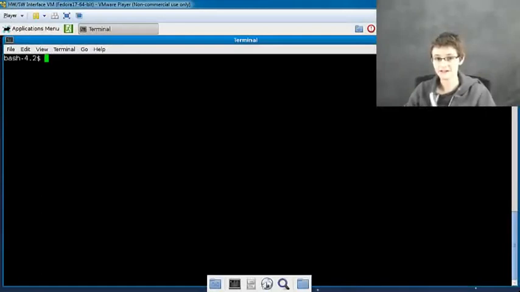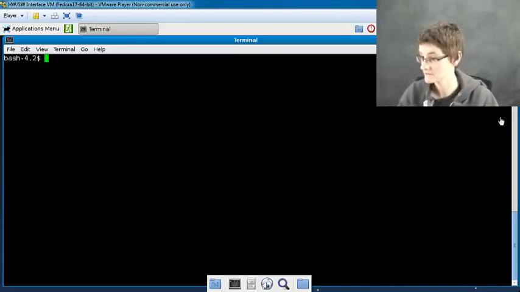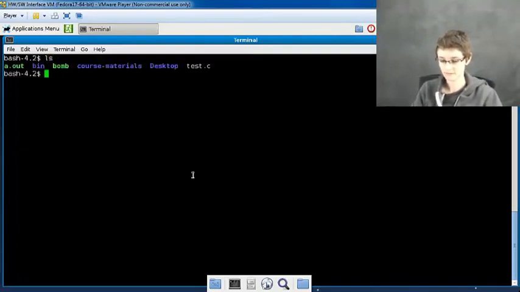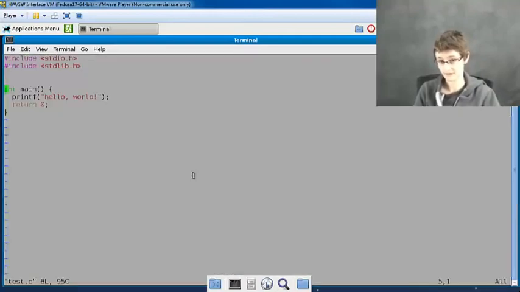Hi there, I'm just here to do a quick tutorial on how to use the new debugger inside our virtual machine. I have a little terminal pulled up here, and we can jump over into that terminal and quickly look at the files we have accessible to us. There's this handy little test.c program that I'll use to do a quick demo of some simple GDB features, and then we're going to jump into